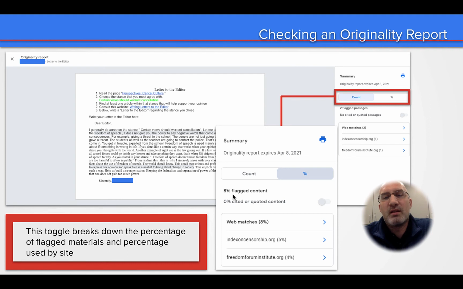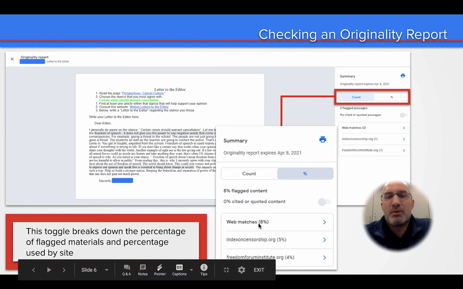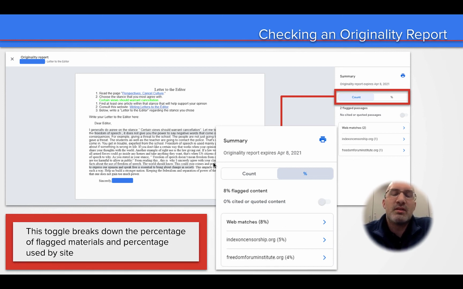So we can look here and tell that the two flagged passages, although there's two, it's still not a huge majority of what this particular student turned in. Okay, and then down below that it gives us the percentage matches. So we have half of it was on indexoncensorship.org and half of it was on freedomforuminstitute.org. Okay, and so we can tell that there's a couple of things happening. That last student pulled some information directly from the page that they were supposed to read for the assignment, and